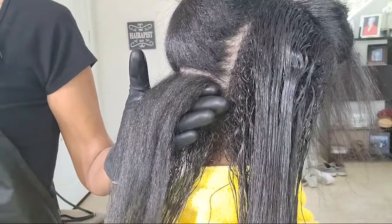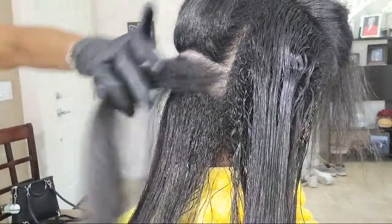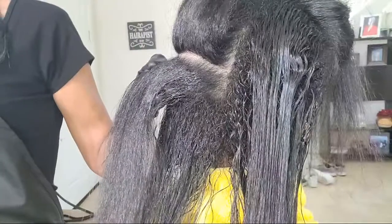Okay, so just a reminder, smoothing treatments are a great solution to control your curly hair. You could choose from it just helping you detangle and blow dry to it making your hair a lot less curly, depending on how you flat iron it. The more you flat iron it, the smoother and the more it will calm down your curl. The other thing is it really does just calm your curl down. It doesn't have the ability to make your hair straight unless you're somebody like me that just has wavy hair. It will make wavy hair perfectly straight, but it will not make people who have an actual curl pattern like this straight like a relaxer will. All it's going to do is make your curls be